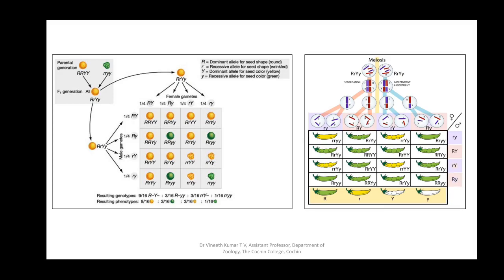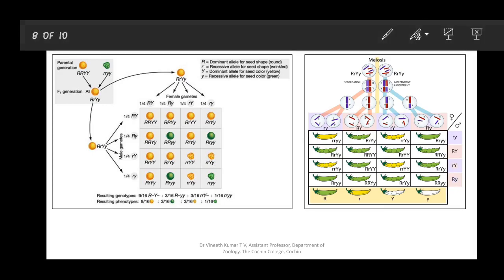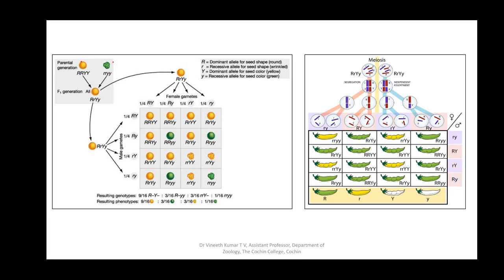And in this experiment, which is a dihybrid cross, we are going to consider two different traits or characters, in the sense that we will be taking seed color and seed shape. We will be taking the two alleles of seed color, which are yellow and green, and two shapes of seed, which are round and wrinkled. That is what you can see in the diagram: the yellow round seed here and the green wrinkled seed here. Those are the traits which are going to be analyzed